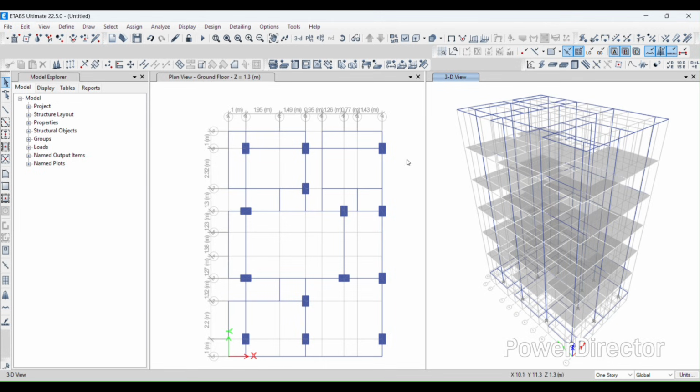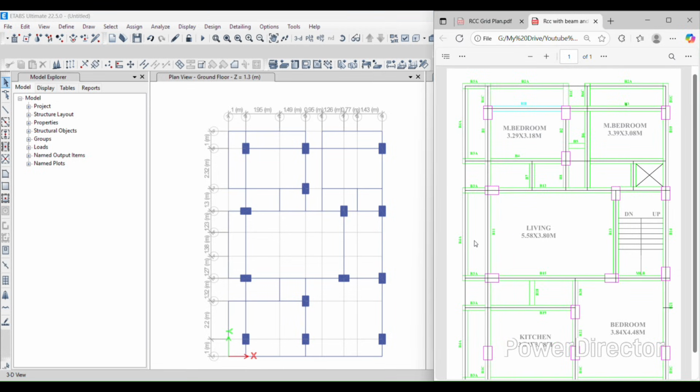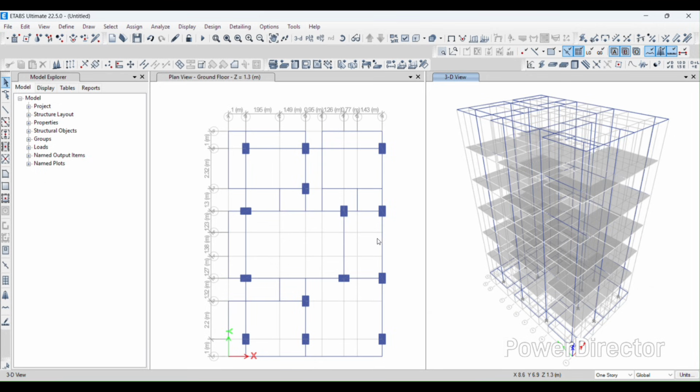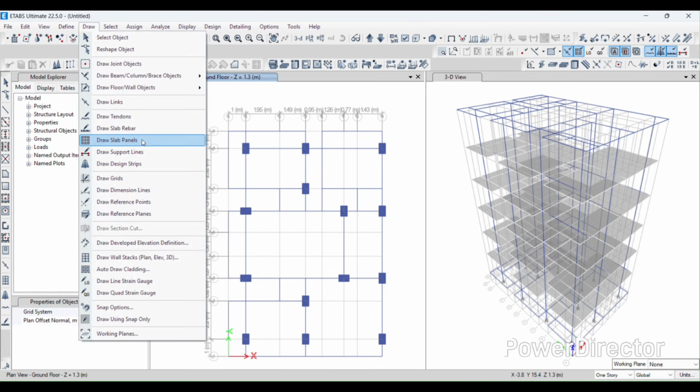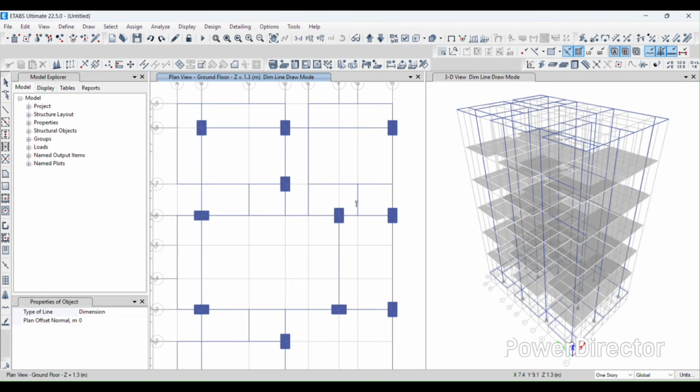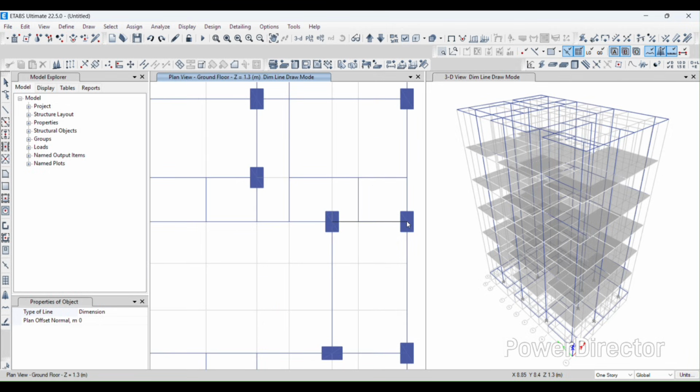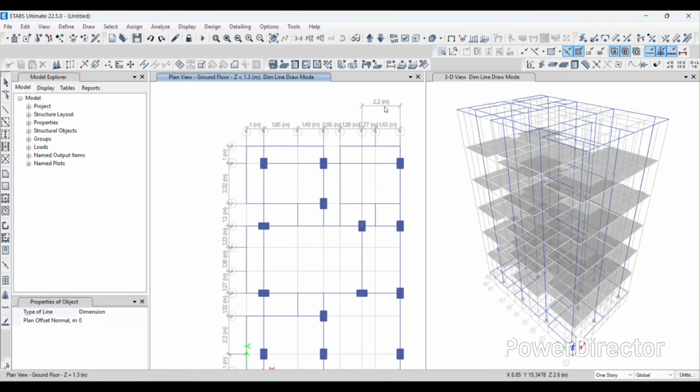As I have to draw the staircase first, I request the students or the engineering professionals to please see the video properly now. We are coming in the entry here, and from here. The grid line is not drawn. Okay, so now I brought the grid line. Per grid line, we have to first take the dimensions. So we draw the dimension lines. From here to here is 2.2 meter. So we have to draw the grid line at